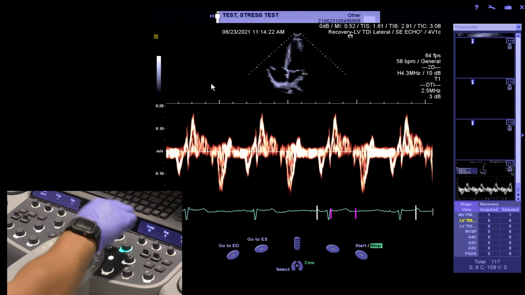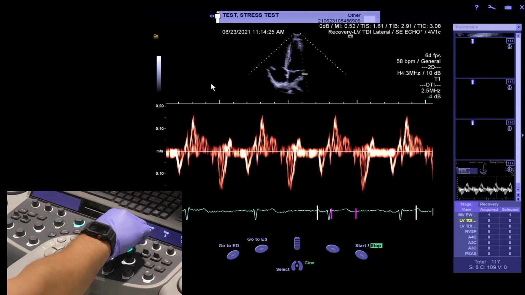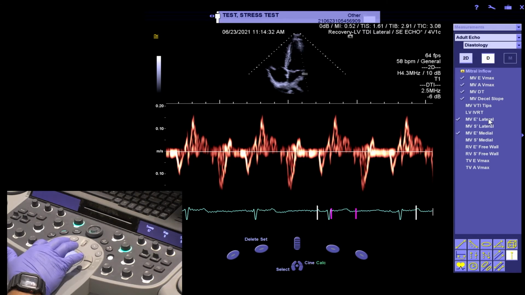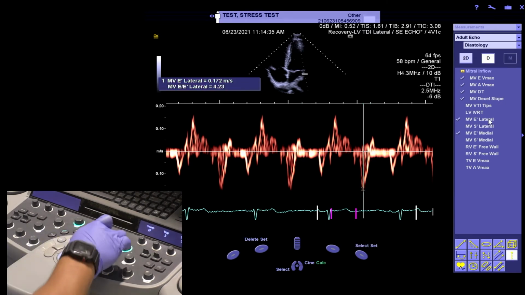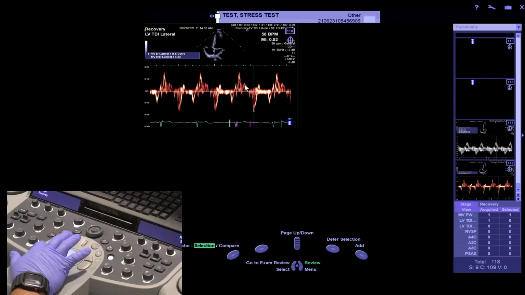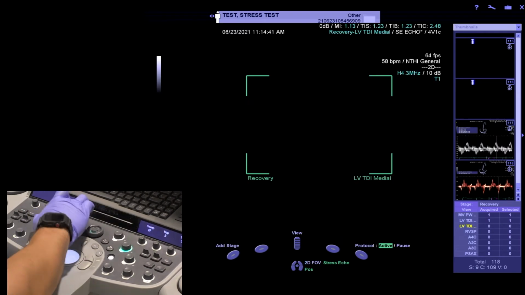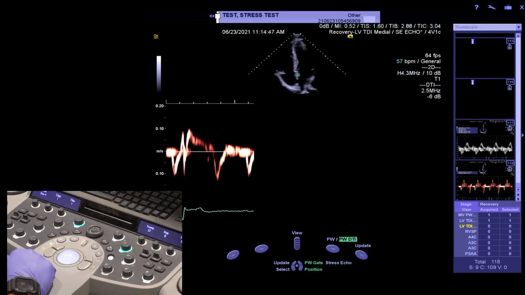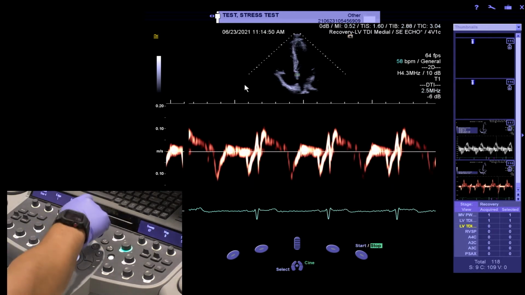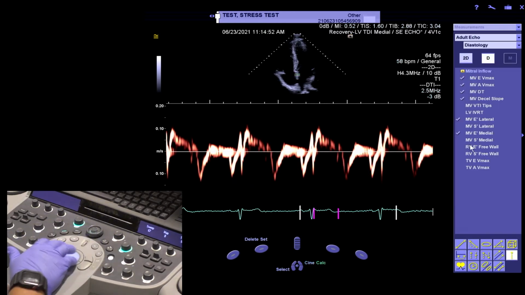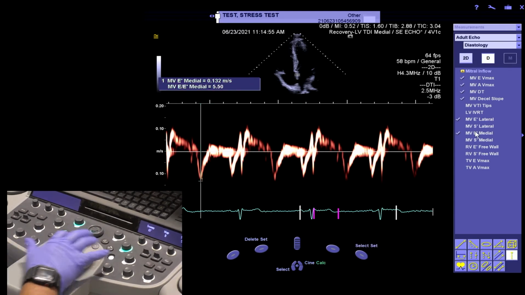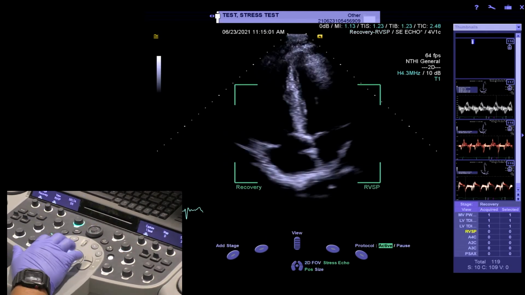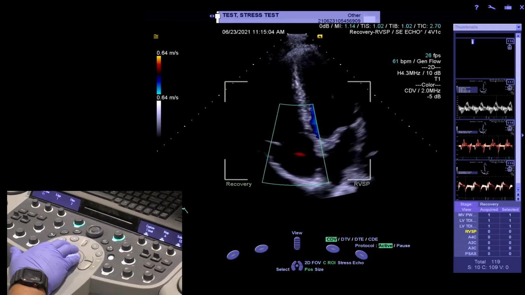Again, in the event that we were utilizing an ultrasound enhancement agent, this measurement is easily done. You just must optimize your Doppler gains, lateral, acquire, and then double click to select, 2D. Now we're in the medial. Freeze, again optimize our gains, make our E prime measurement, acquire, double click, and the final Doppler measurement would be our RVSP, so we'll turn color back on